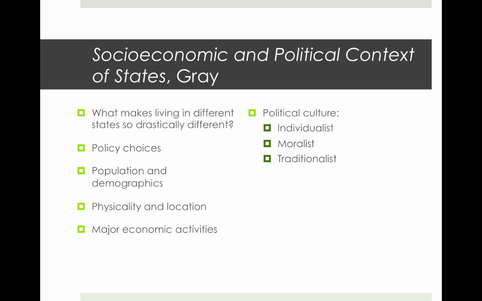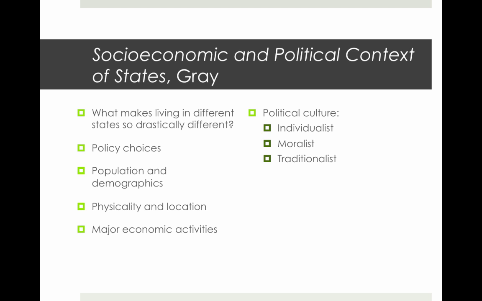Certain states have more of an individualist streak. Typically, Western states tend to be a bit more individualist. You'll see this a lot in Colorado and Wyoming, where people's right to do as they choose is usually valued over more